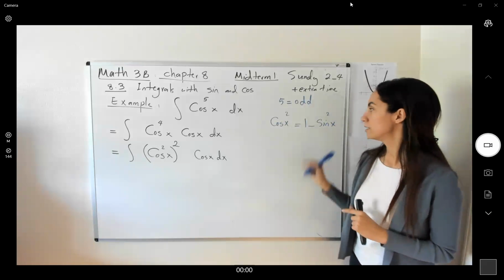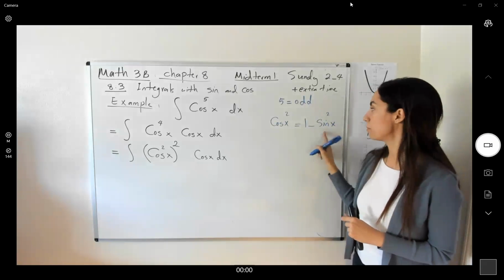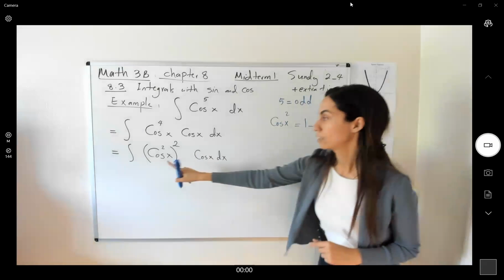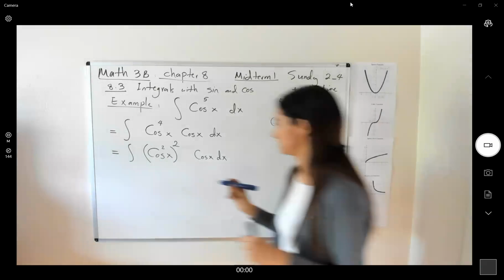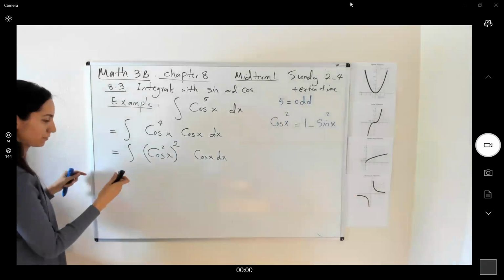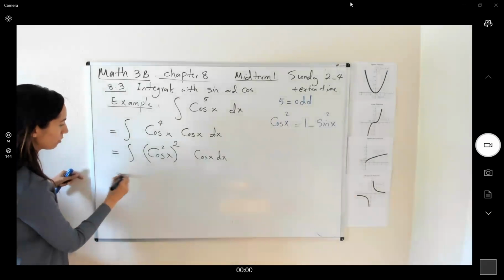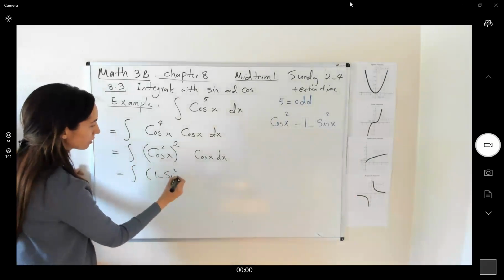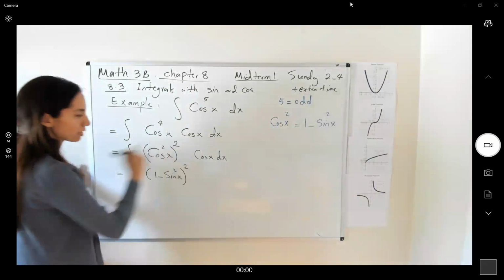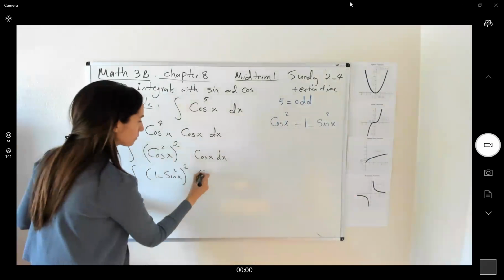Very well. So if I write 1 minus sine squared for cosine squared, I can use substitution. Take a look at this. This is equal to the integral of 1 minus sine squared x raised to the second power,